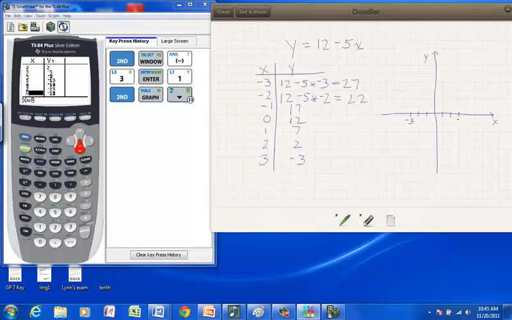You want to make sure there's a number there that tells me what the scale is. I've been a little bit lazy and just labeled the 3 on each side. The vertical axis has to get up to 27, so I'm not going to count by ones here. I might count by 5s to get up to 27. So 5, 10, 15, 20,